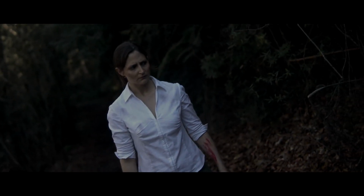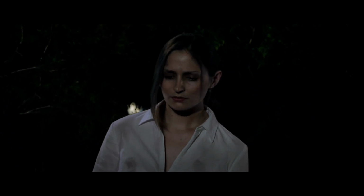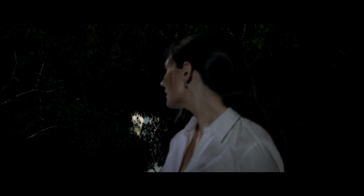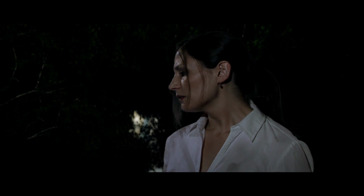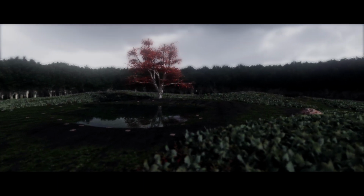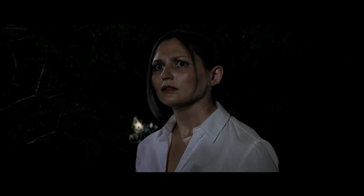In a moment she walks into a CG shot, and obviously it has a Dutch tilt like the shots preceding it do. I kind of wanted it to feel like it's all in the same spot. I don't think it quite sells completely, but the intention was there, and she looks back and the focus throws to the trees and it pulls back to her. And then we see where she's looking at, and obviously we're dealing with a 3D element here. I did my best with the 3D stuff to make it feel real, but there is obviously a limit to